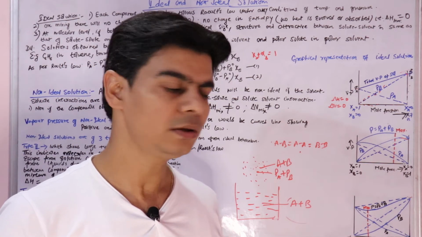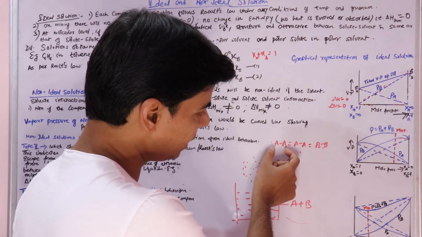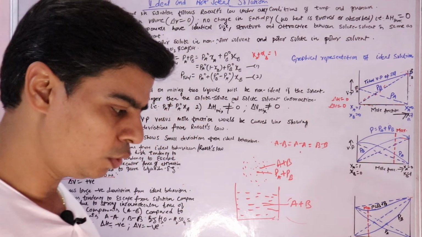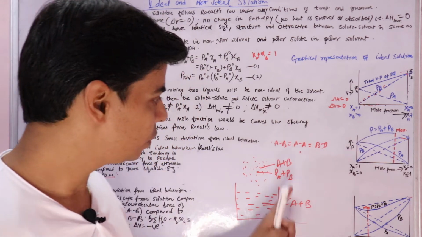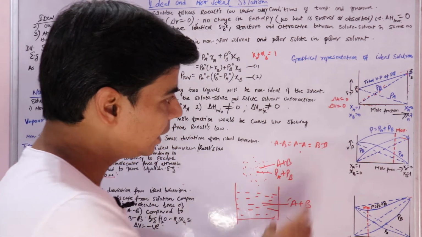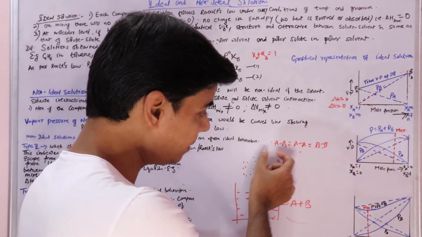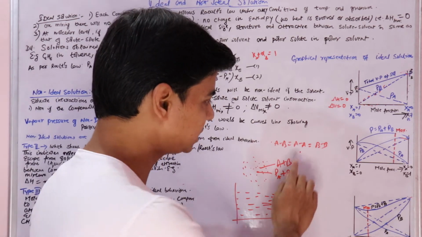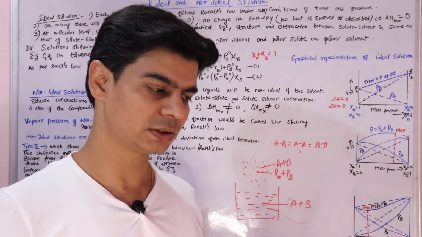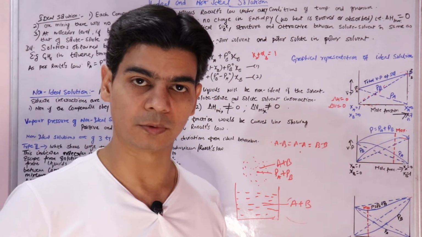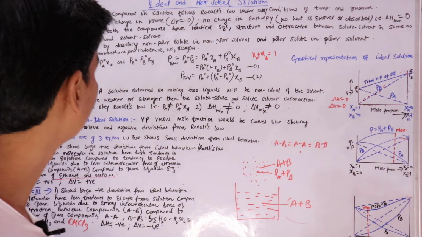the change in enthalpy, or heat change, is 0, because here you see that interaction between AB, AA and BB is same. So there is no bond broken or bond formed. So delta H would be 0, and delta V is also 0, because the solution that is formed, AB, has same intermolecular interactions as AA and BB, right? So there is no change in intermolecular force of attraction, so delta V would be equal to 0, right? We'll understand these when we understand non-ideal solutions, right?